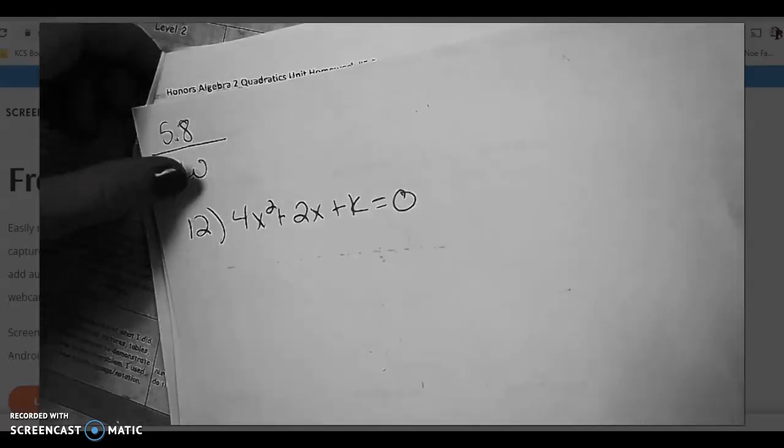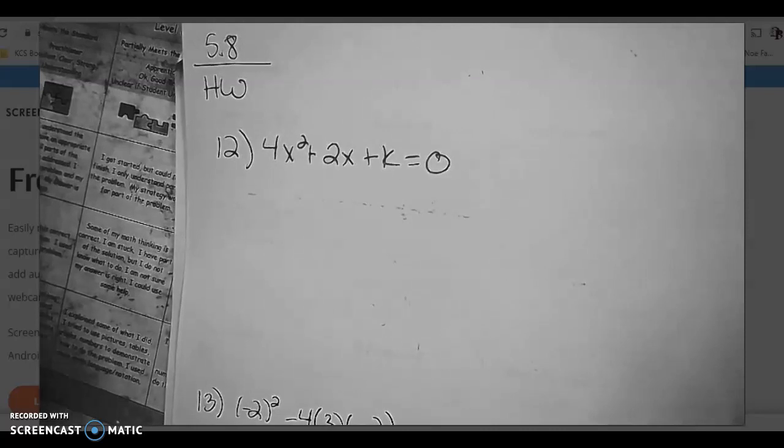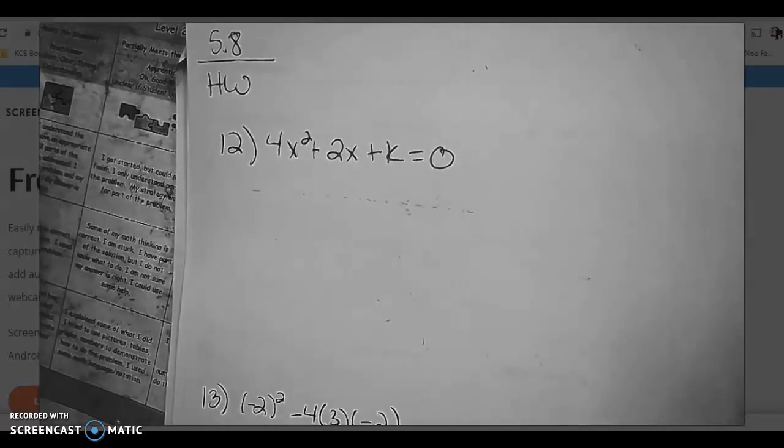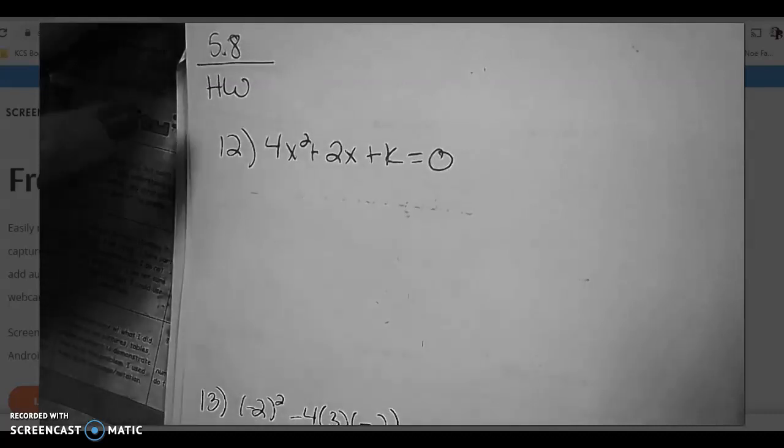Sorry, I didn't have my paper oriented there. We're looking at a couple of the frequently asked homework questions on homework 5.8, and we're concentrating on 12 and 13 here, which are kind of similar. So question 12